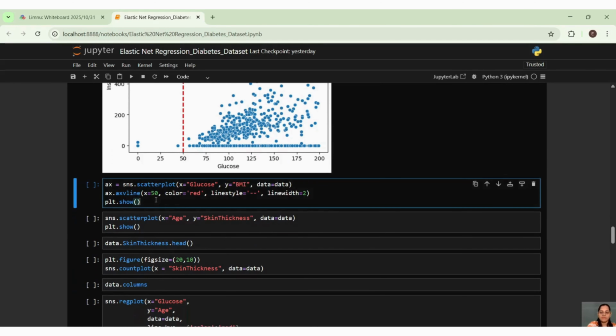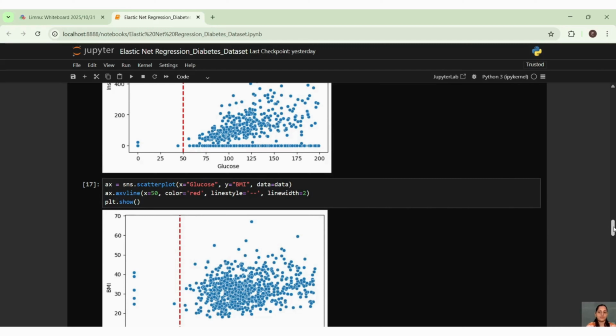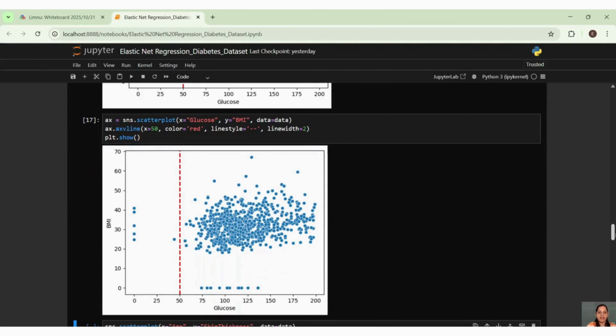Then we have glucose and BMI. You must have heard that people who are fat, or people who have a past history or genetic history of fattiness or diabetes, tend towards spiking glucose levels, right?